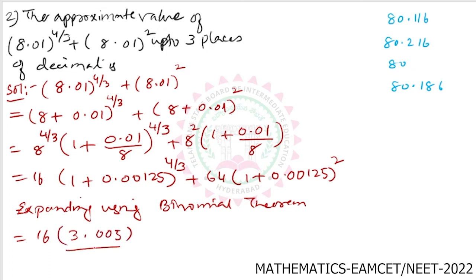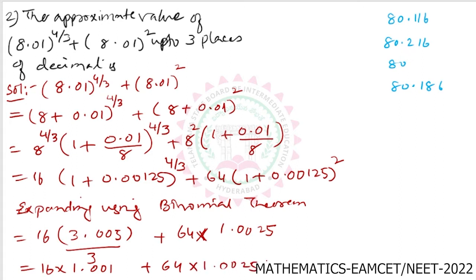whole divided by 3 plus this is nothing but 64 and into, if I simplify this is nothing but 1.0025. So if I divide this, I am getting 16 into 1.00. This is 3 ones are 3. Okay, plus this 64 into this 1.002. If I multiply them, so I'm getting the answer is